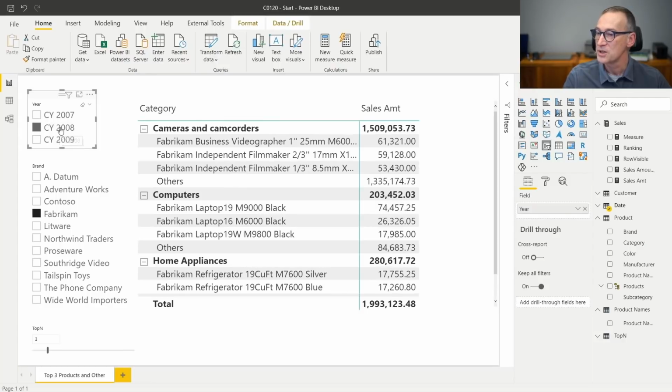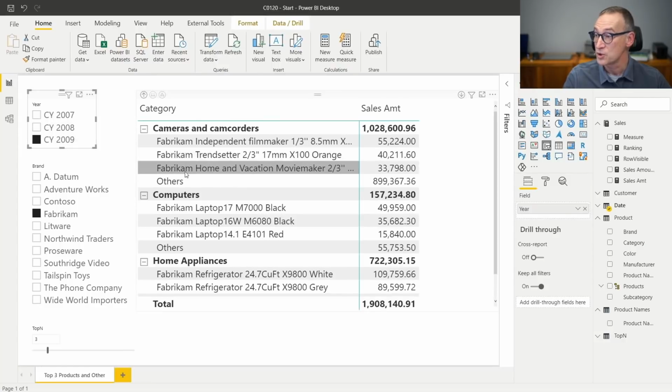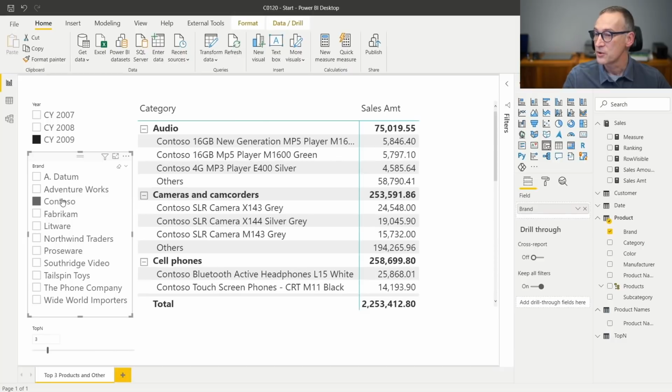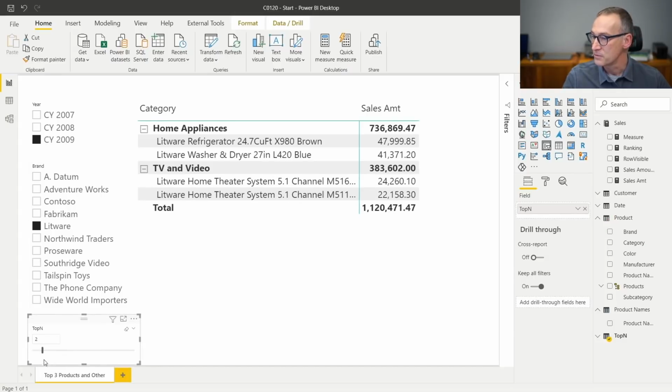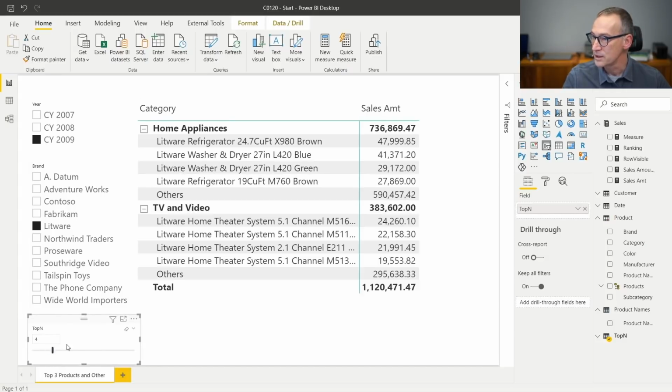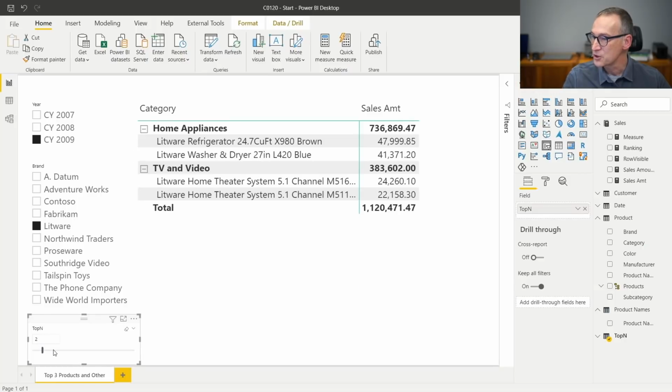You see that if I change the year, everything changes. The product do change. And if I change, of course, any value in the slicer, everything works, including the number of products, which is visible here. Why I don't see anything here? Oh, I don't see anything. That's my bad. You see, if I show 2, I no longer see the value because I made a mistake.